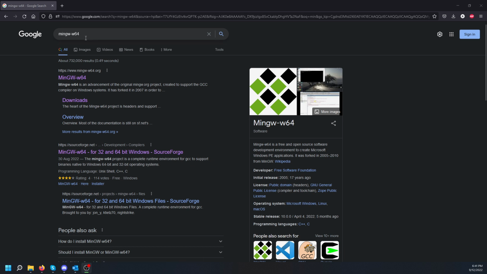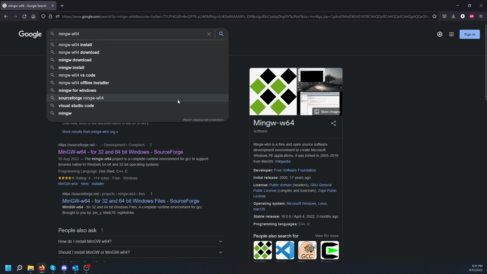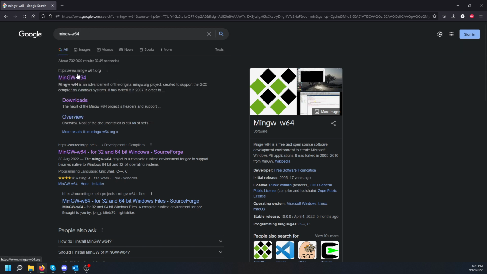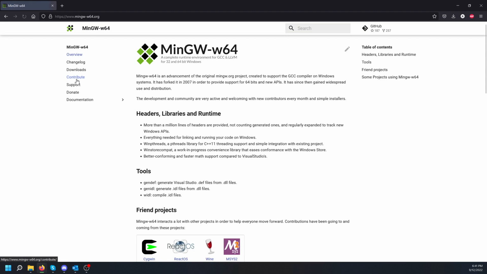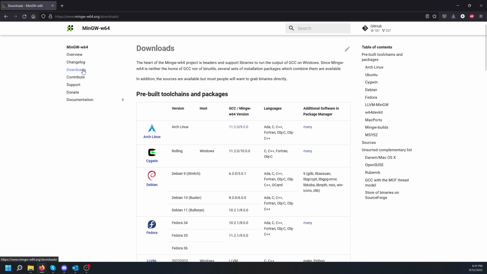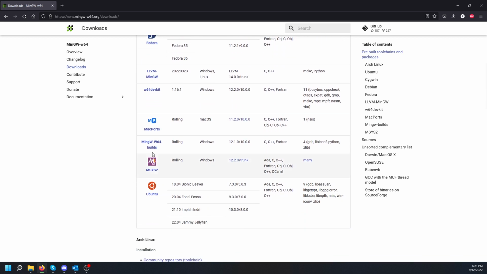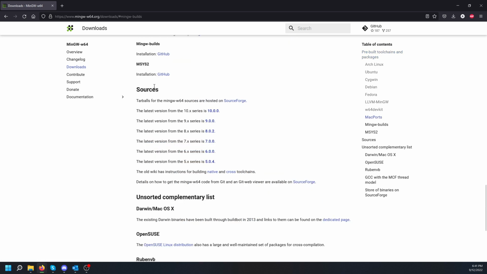So you can see here in Google, I basically search MinGW W64. The first link that pops up will give me the MinGW website. If I click on this, on the left hand side I'll go to the downloads page, where you'll see that we have a lot of pre-built toolchains and packages. I'm going to go to the one that says MinGW W64 builds and click on this, and you'll see the installation will navigate me to GitHub. So I'm going to click on the GitHub link here,